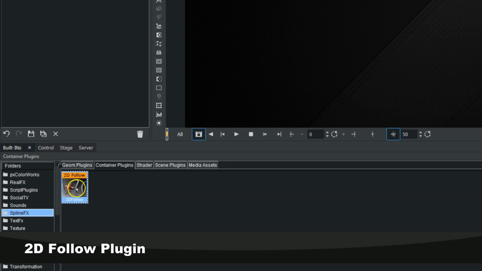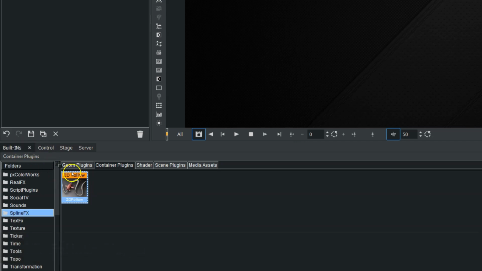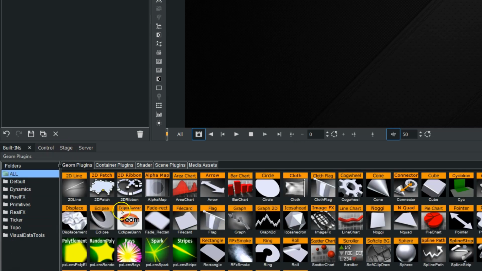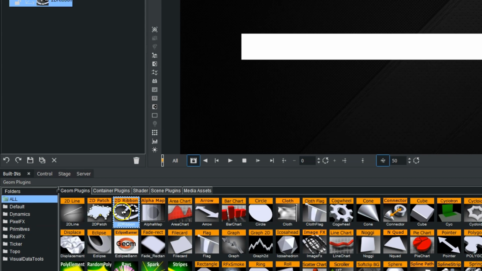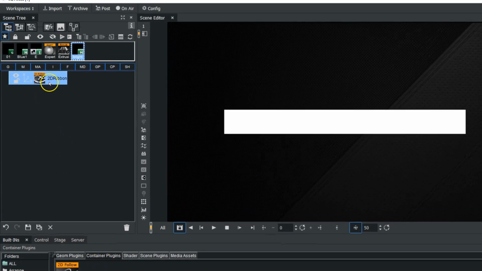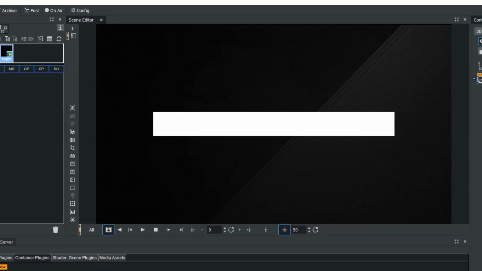The 2D Follow plugin found within the built-ins and the container plugins within the Spline Effects folder will allow us to set up a scene to have one object follow another object. And this works in conjunction with the 2D ribbon. So I'm going to go and grab the 2D ribbon here, and we're going to go into the 2D ribbon